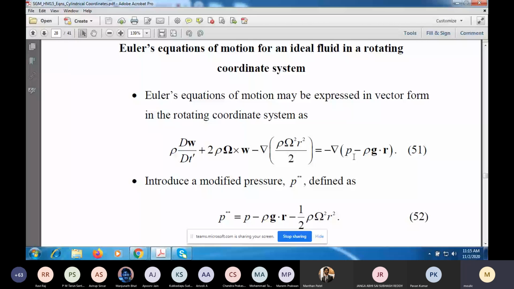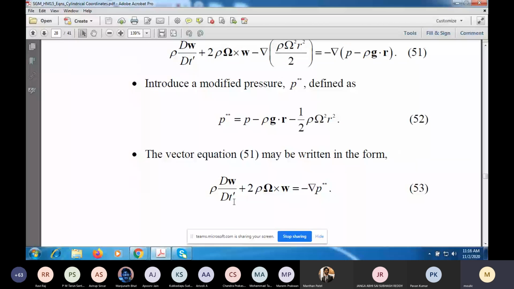Now in the rotating frame, I will reduce the relative velocity here. So you have the Coriolis term and the centripetal term. And this is d/dt prime of the relative velocity. Now this grad term can be moved to the right hand side. And since grad is a linear operator, we can combine this term with this and write this equation simply as rho times this relative acceleration term here, d/dt prime of w, plus rho times this Coriolis term equal to